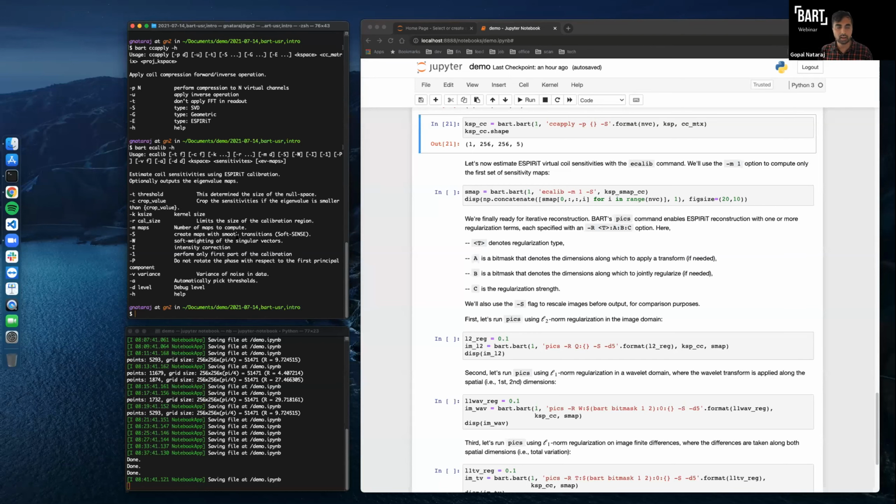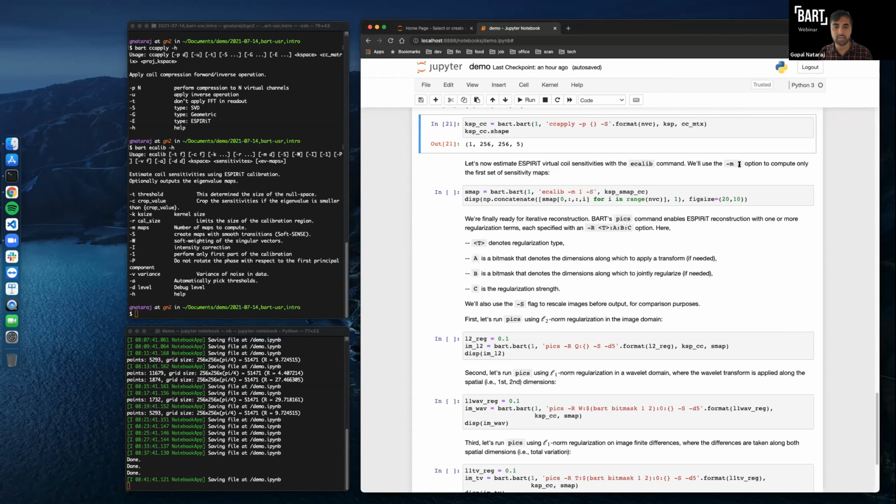This has some relevance if you're trying to do things like separate fat and water, where there could be shifts. In this situation, we don't have chemical shift or anything so fancy, so we just need the first set of sensitivity maps. And so I'm using the -m followed by 1 to specify that we only need one set of sensitivity maps